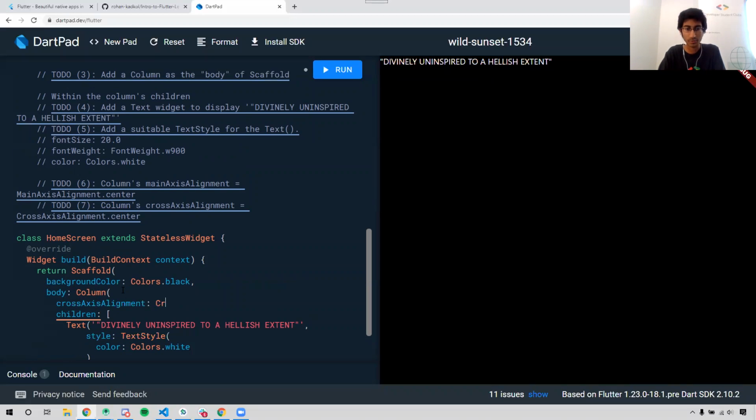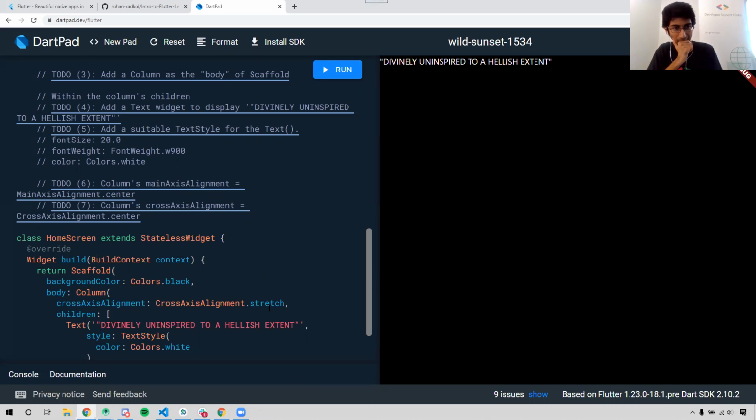And the cross-axis alignment would be cross-axis alignment dot. So you get these options here. So this would actually take some